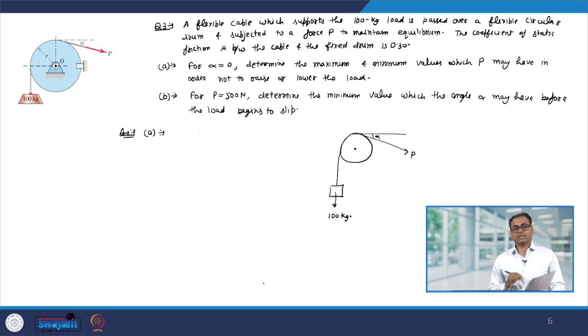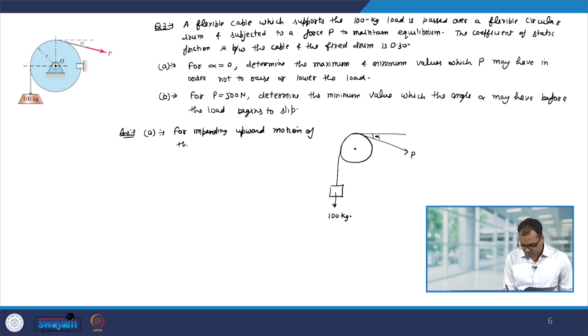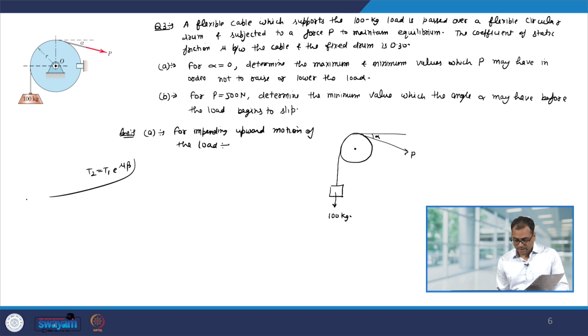To find out the maximum value of P, let us say that the motion of the block is upward. So, for impending upward motion of the load, so we will use T2 equal to T1 e to the power mu times beta, and here